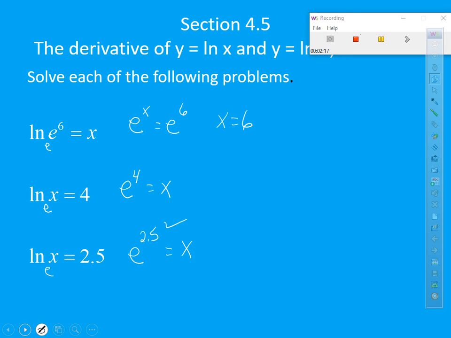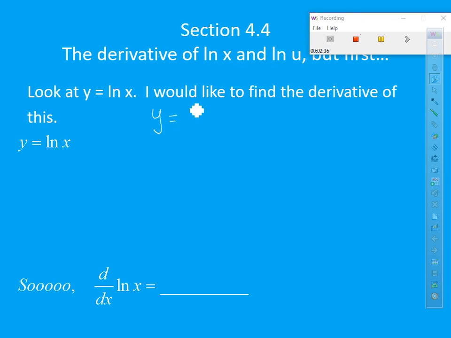So if you would, look at your very first example. It says y equal the natural log of x. I'd like to, of course, find the derivative of the natural log of x. So here's how I'm going to attack it. I've got y equal the natural log of x. I'm going to write that as something that I recognize. So I'm going to get rid of that natural log. So there's that e hiding right there. So I'm going to write this as e to the y